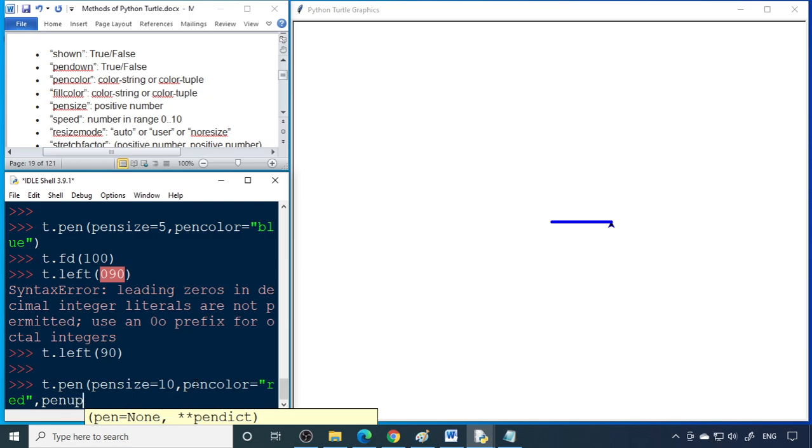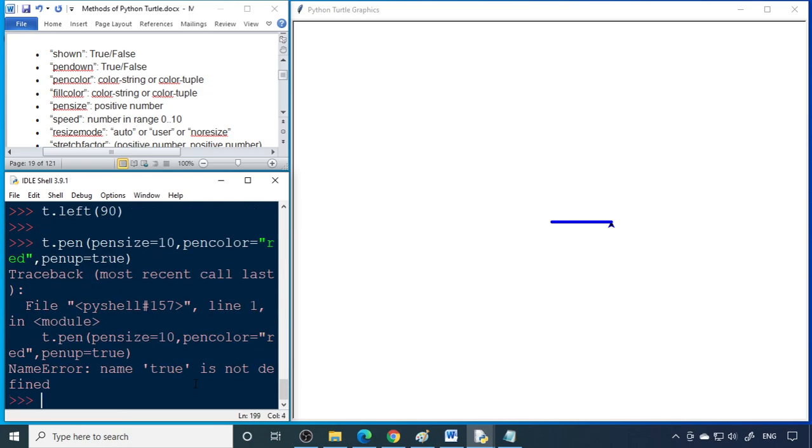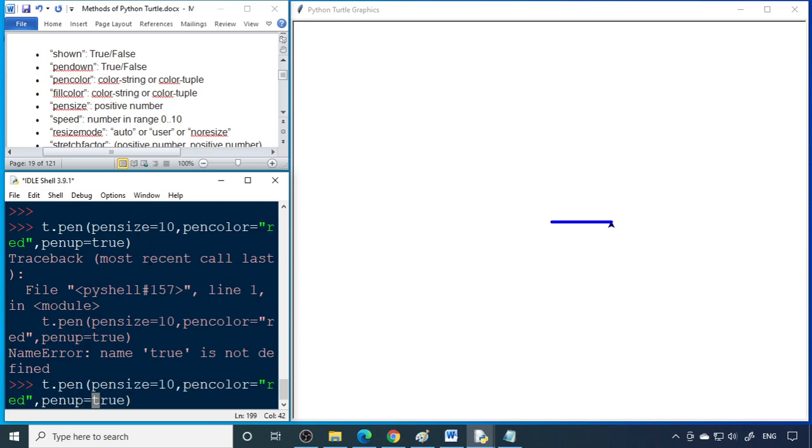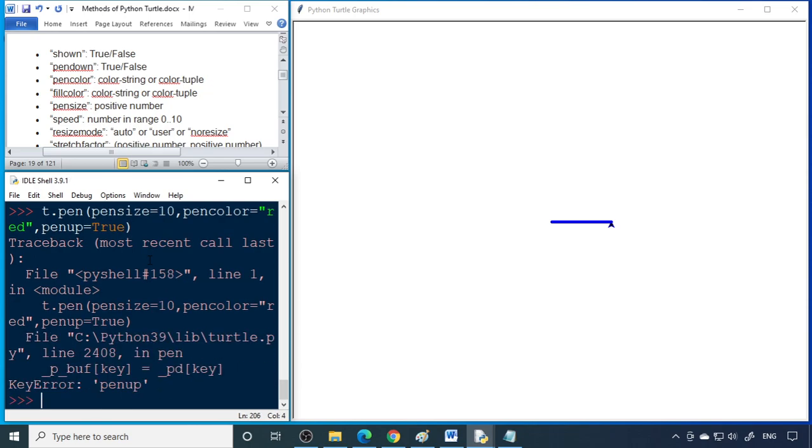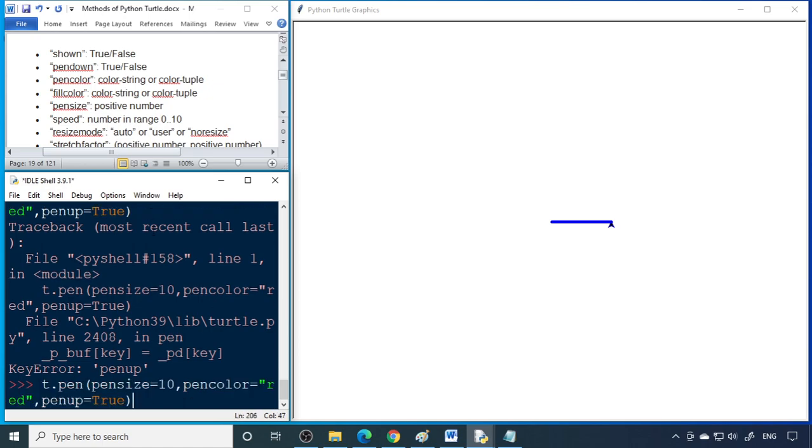Pen down, pen up is equal to true. Three attributes you can set. True, you have to give T capital. So pen up. Only pen down, you have to give pen down, that is true or false. Therefore pen down is false. So you don't need to write.